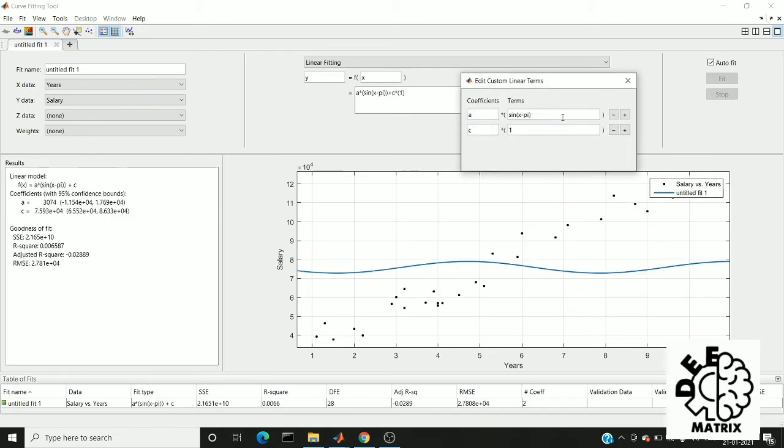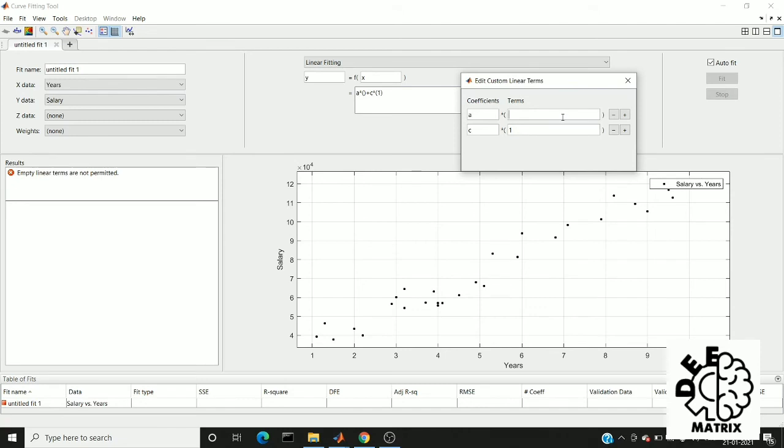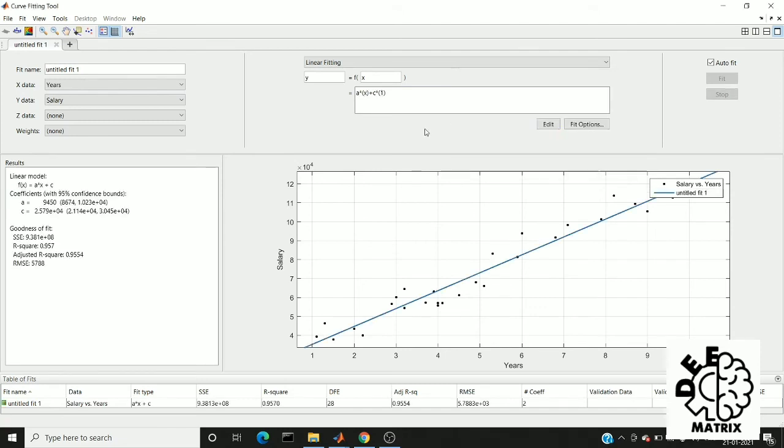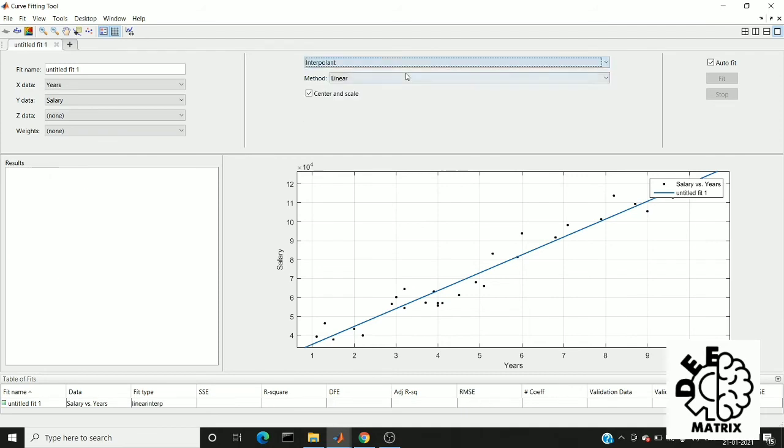For example, I'm going to define the y equal to mx plus c formula for explanation's sake. See, this is the formula which I have derived. Here A is the slope, x is my years of experience and c is my intercept. The relevant line has been plotted over the dataset. Here you have an edit option. You can change the formula to whatever you want. We can also use interpolation, but this is not available for this data.